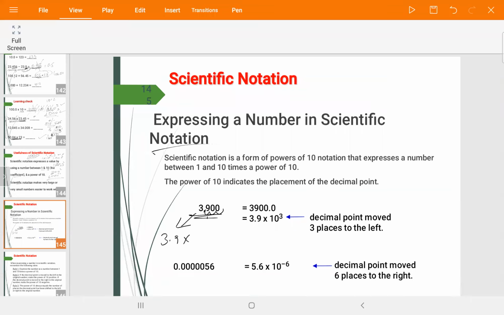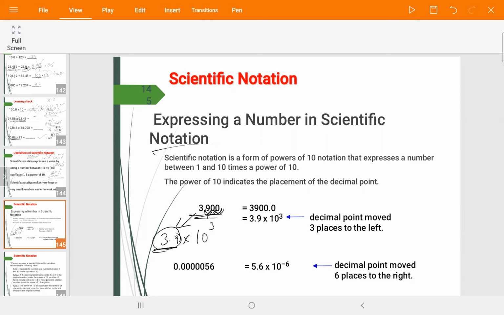To the left, the exponent becomes positive. I will show you what I mean. For example, here, 3.9 ... from here to here, 1, 2, 3, so it becomes 10 to the power of 3. So remember the number should be between 1 and 10, so this is the right way of expressing